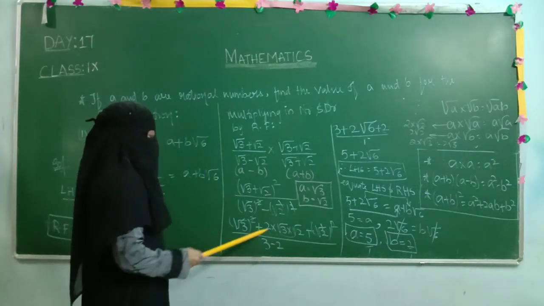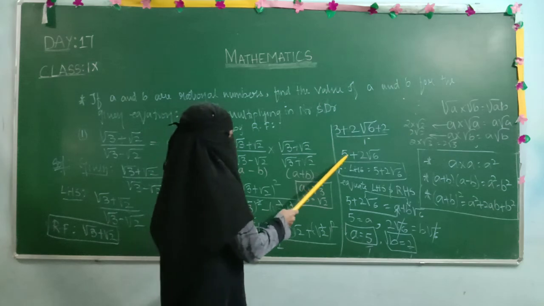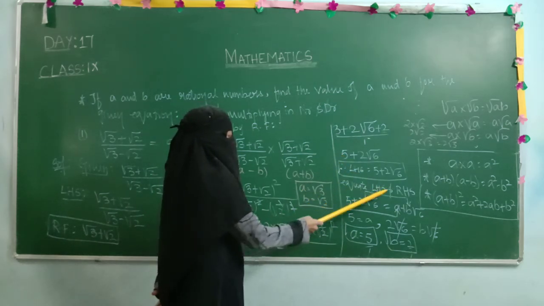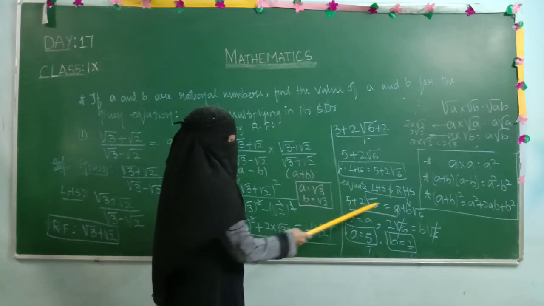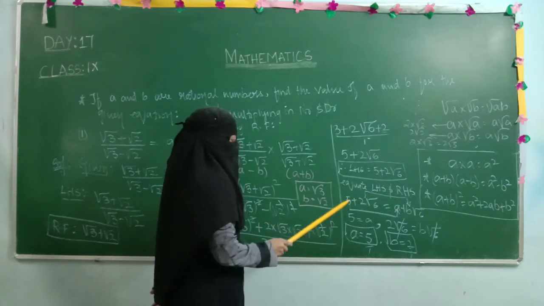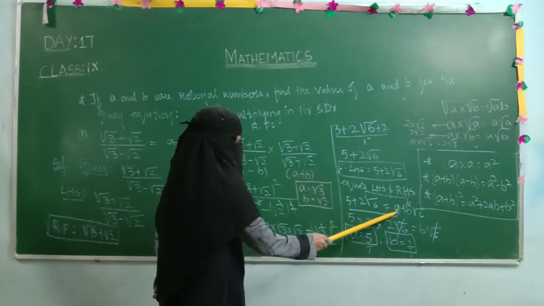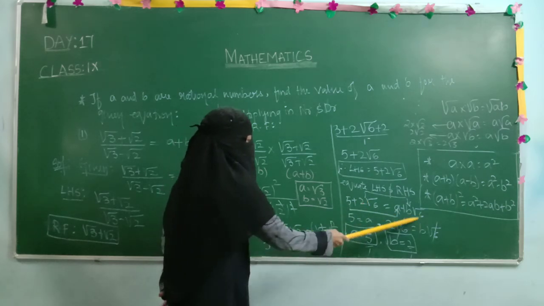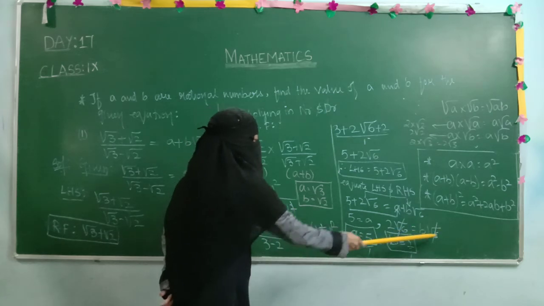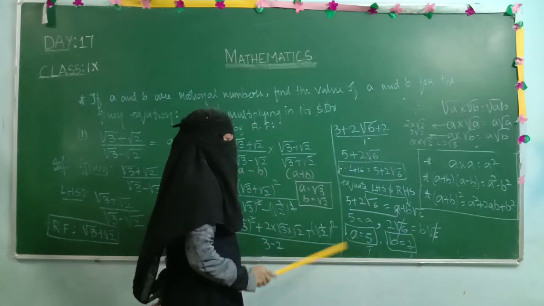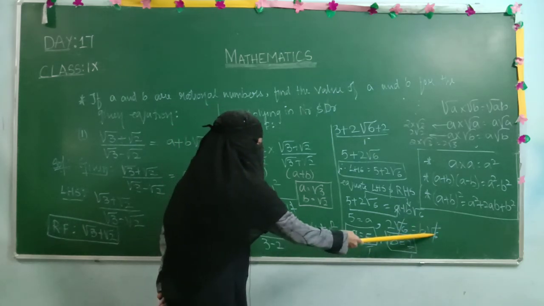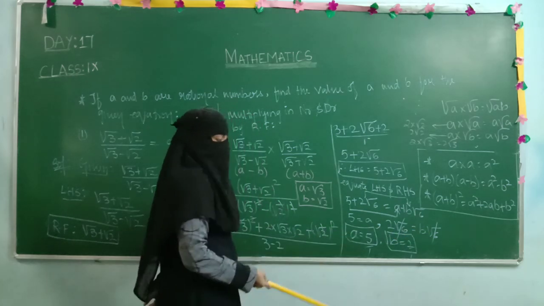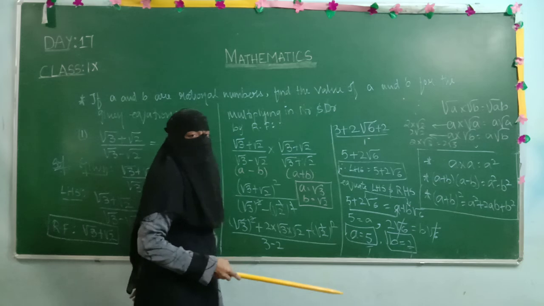So after simplification we got the value, that is your LHS value. After that we need to equate the LHS and RHS parts, when we are equating first term with first term, second term with second term. So first term 5 and here the first term is a, 5 equals a. Then after that 2 root 6 equals b root 6. So on both sides root 6 gets cancelled. Why? Because they both are in multiplication. Here also 2 and root 6 are in multiplication. When we are transposing to the other side they will be in division.